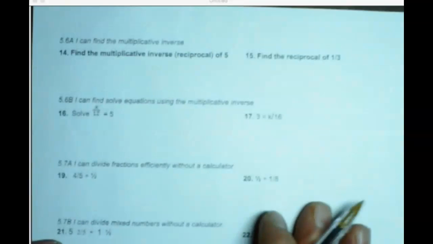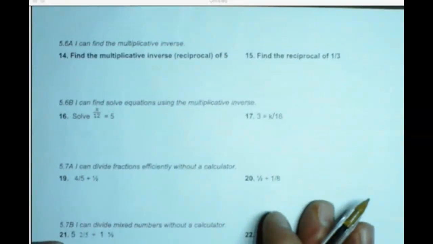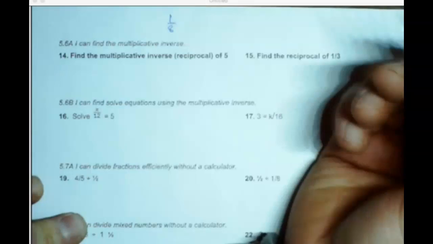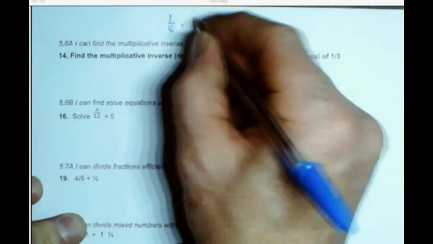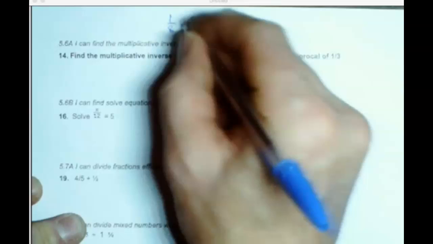Nope, 5.6a. Let me slide this down so you can see it. The old multiplicative inverse. There's going to be 4 of them on there. You can't miss these, but some of them are kind of tricky. Remember, the multiplicative inverse is a vehicle to get to 1. So if you have 1/8 and you multiply that by 8 over 1, you get 8/8, which is equal to